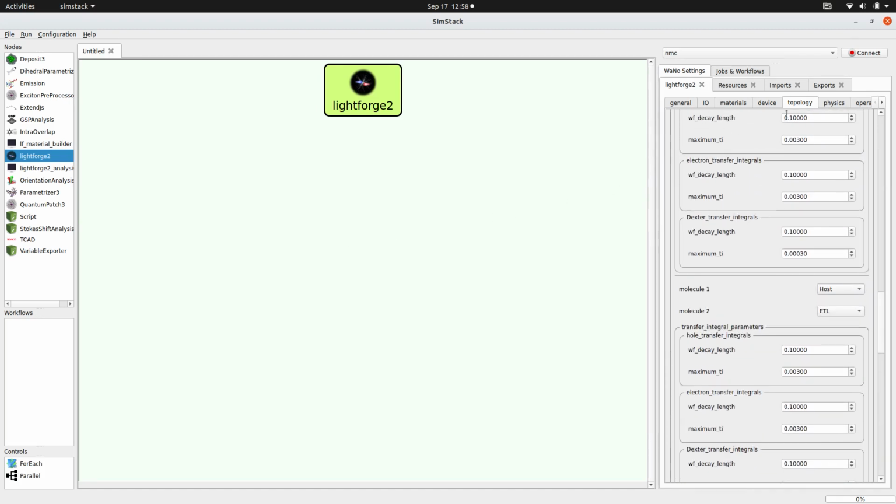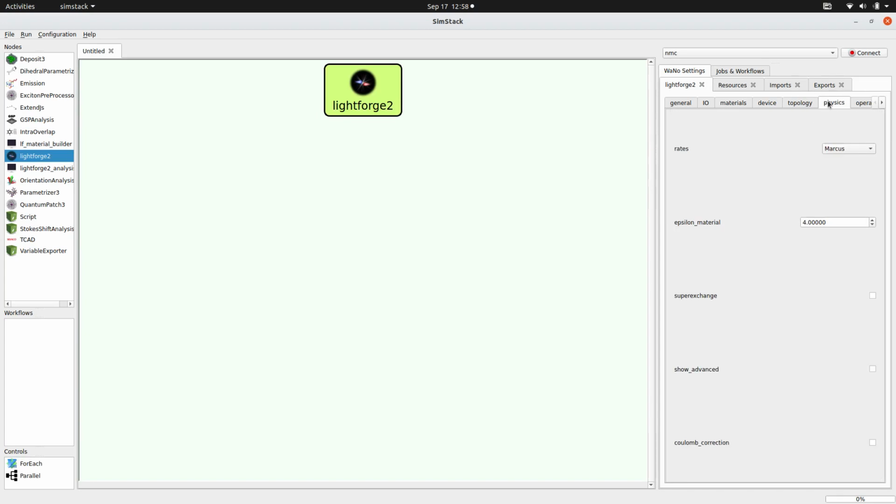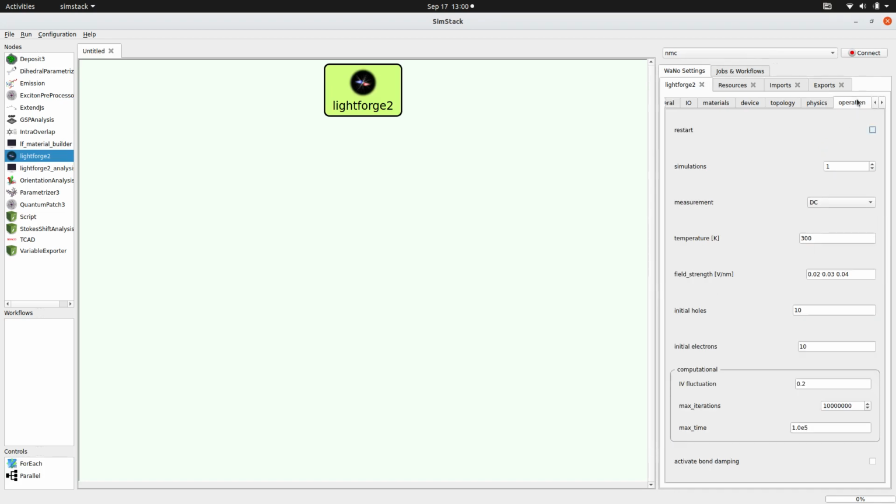Now we go to the physics tab, and in the drop-down menu rates we will choose automatic, which will choose automatic rate equations for the different kinds of processes that are simulated. We are going to uncheck the box super exchange, which should always be unchecked if you use Miller-Abrams rates. Now we continue with the operation tab,